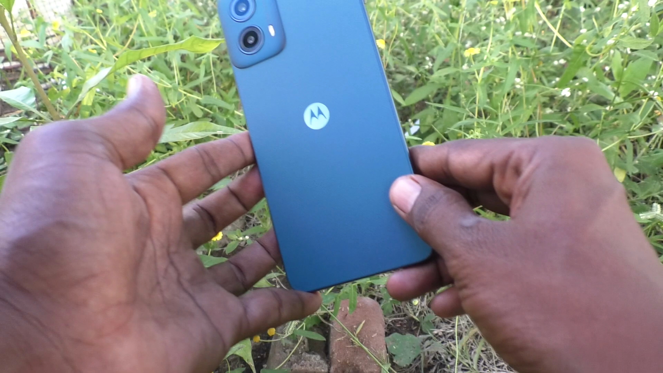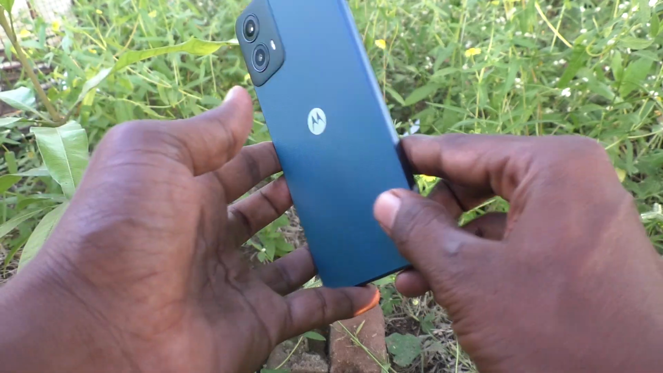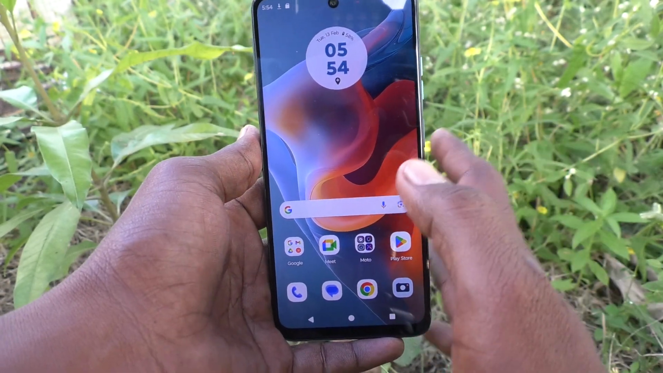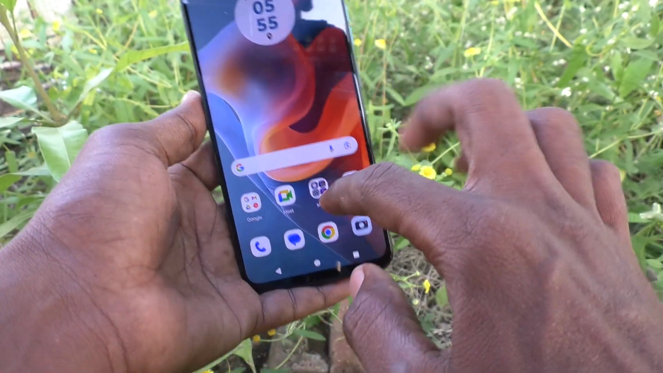Here is Moto G34 smartphone. In this video you will learn how to stop auto screen rotation in your phone Moto G34. Here I go